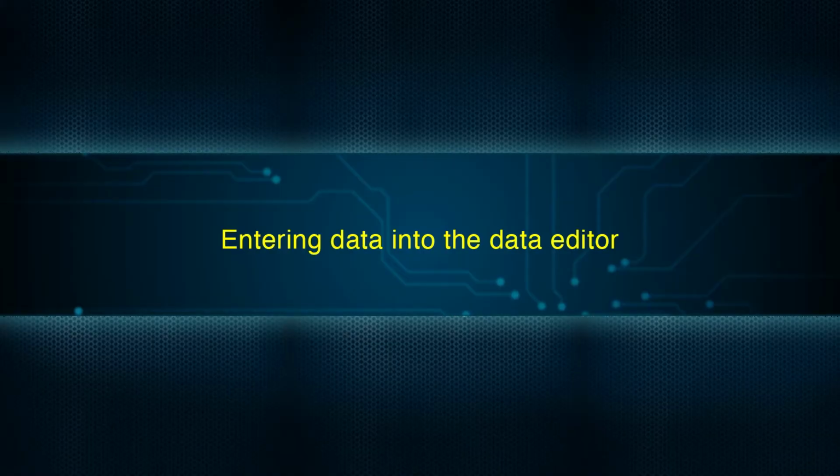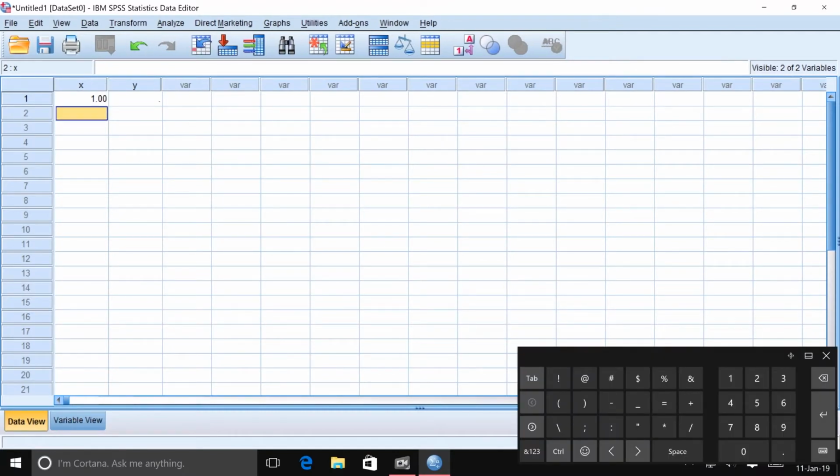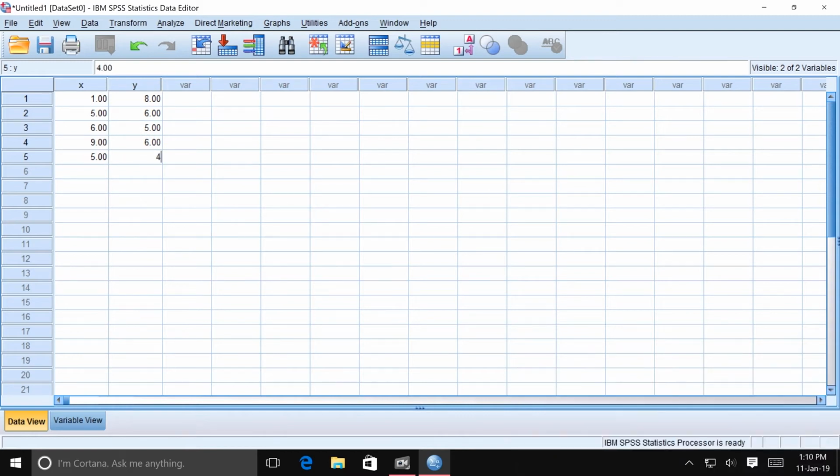Entering data into the data editor. When you first load SPSS, it will provide a blank data editor with the title Untitled 1. When you input a new set of data, you must input your data in a logical way. The SPSS data editor is arranged such that each row represents data from one entity while each column represents a variable.